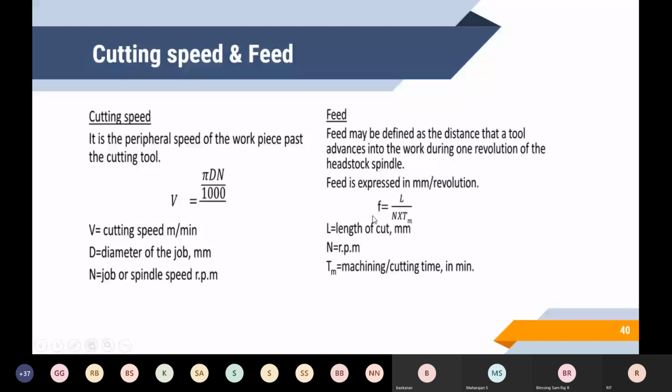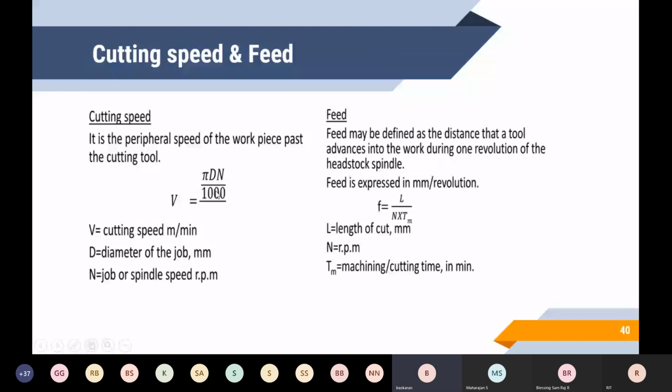And then cutting speed and feed is the most important topic. In most university and GATE examinations, we have to know these basic things of manufacturing technology too. That is, the secondary manufacturing process related basic formulas. Normally the cutting speed, feed, and depth of cut are the input parameters of machining, and material removal rate, surface finish, and tool wear are the output parameters of machining. These input parameters are controllable; those output parameters are uncontrollable. So you have to see the basic cutting speed formula: V is equal to pi D N divided by 1000.